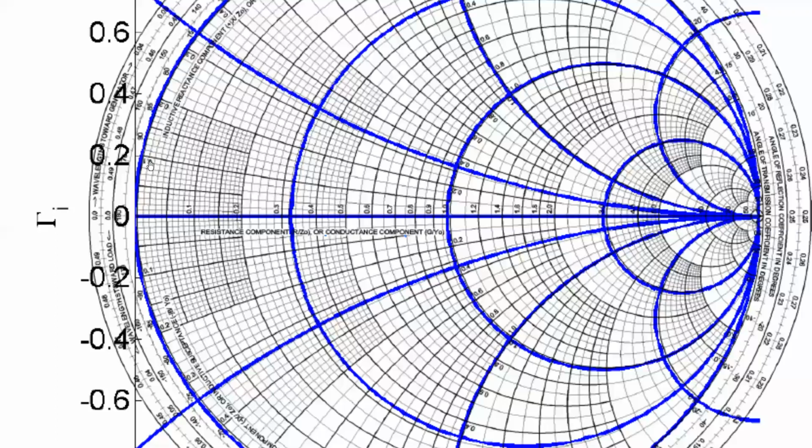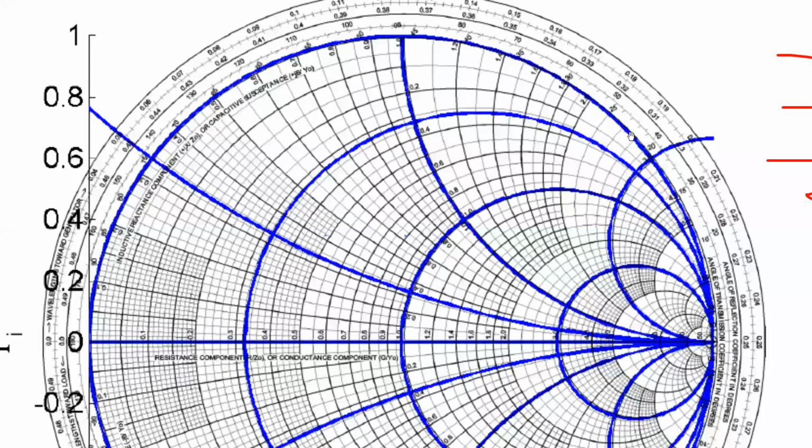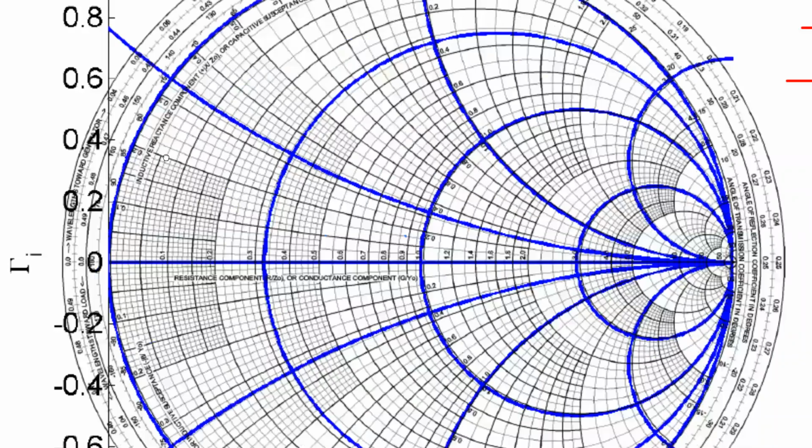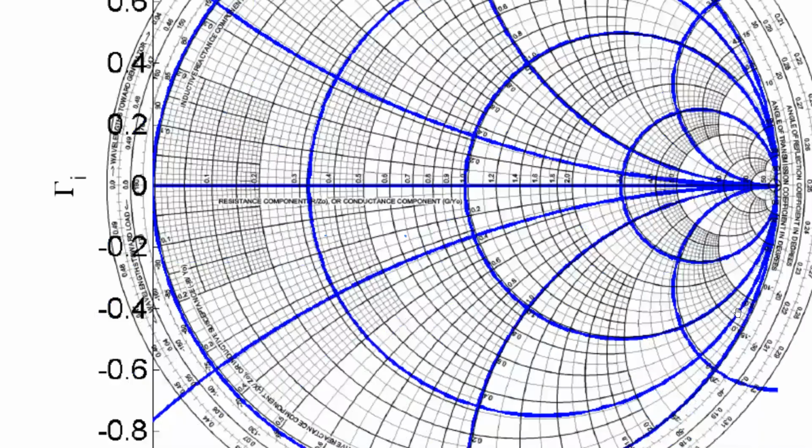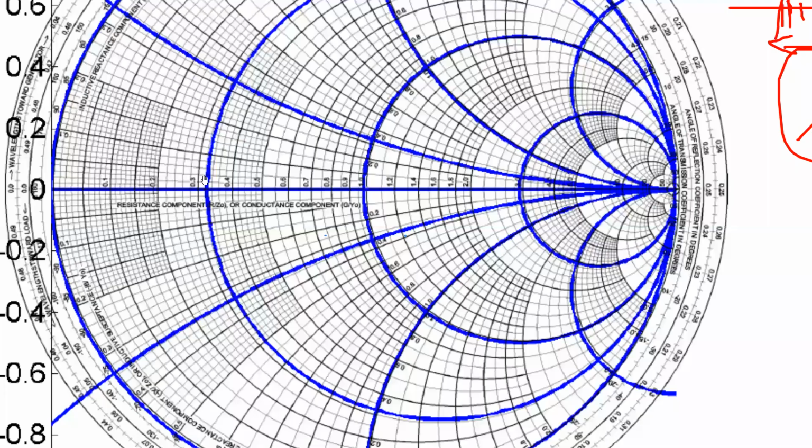This outer line, what you are observing, is the 0 resistance circle. As we move inside and consider these circles, the resistance keeps on increasing. So this is 0, this is 0.5. This circle we are observing is associated with the resistance of 0.1. In between, I have another one, shown partially over here. This is actually 0.05, half of 0.1.